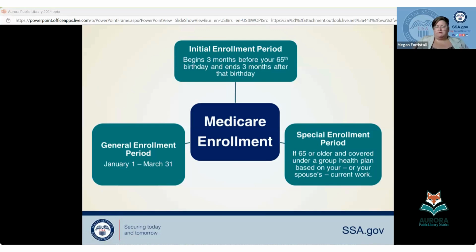If you're still working and covered under group health insurance, and you're already automatically enrolled, you're going to be on Part A, because we cannot take you out of Part A if you get a monthly Social Security check, but you can still choose to refuse the Part B. That's the one that costs money. These are very important: you must be actively employed and covered under group health insurance through your employment. Those two have to be together, or your spouse is actively employed and covering you under their group health plan through their employer.